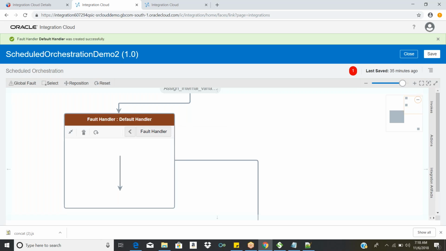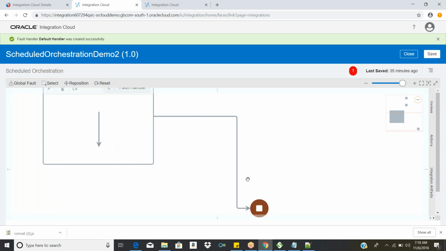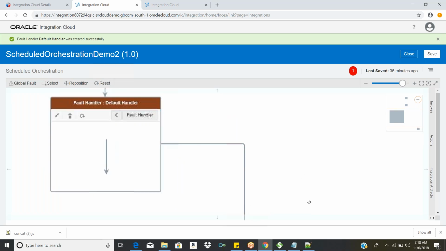If you have an answer, you can go for the default handler. If there is any error, just send an email alert to the support team and execute the rest of the flow. That's your business logic. Go to the fault handler section, the default handler, and just configure the email activity. When there is any error inside the scope activity, an email will automatically be triggered to the support team, and my flow will be executed after the scope activity. That's your condition.